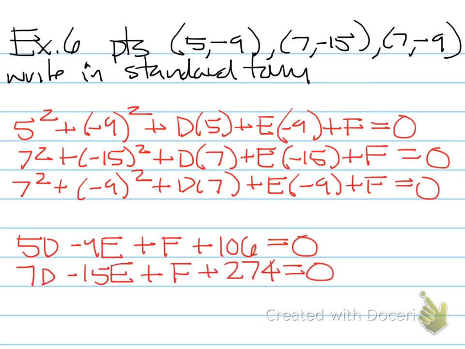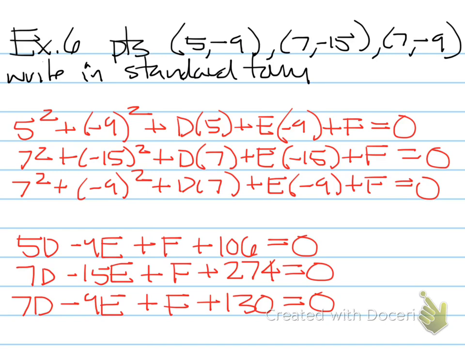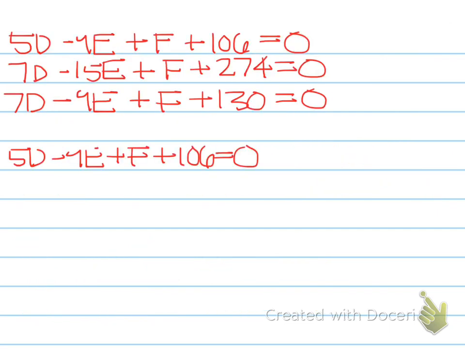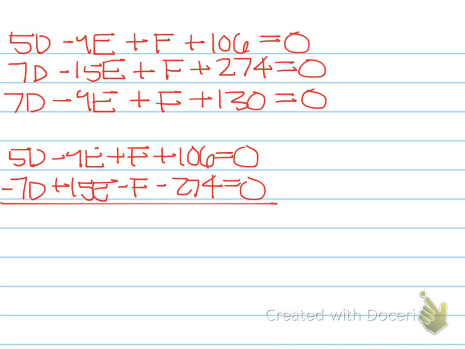All right, so when we multiply everything out, we get the following 3 by 3 system. So first thing we want to do is take 2 equations and eliminate one of the variables. So I'm going to go ahead and choose the first and the second equation. I'm going to multiply all the terms in the second equation by -1 so that I can eliminate the f's. When I add up the 2 equations, I get -2d plus 6e minus 1